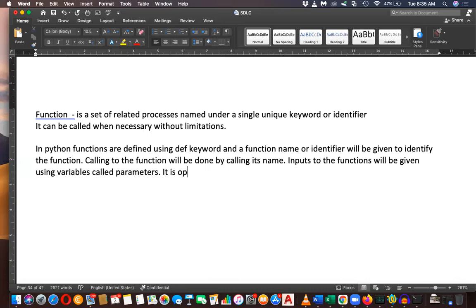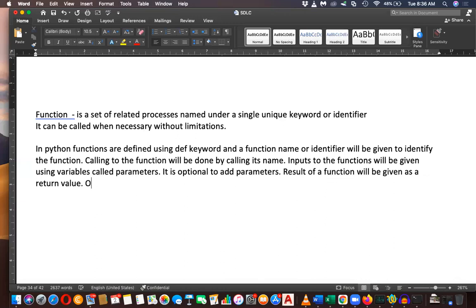It is optional to add parameters. The result of a function will be given as a return value.